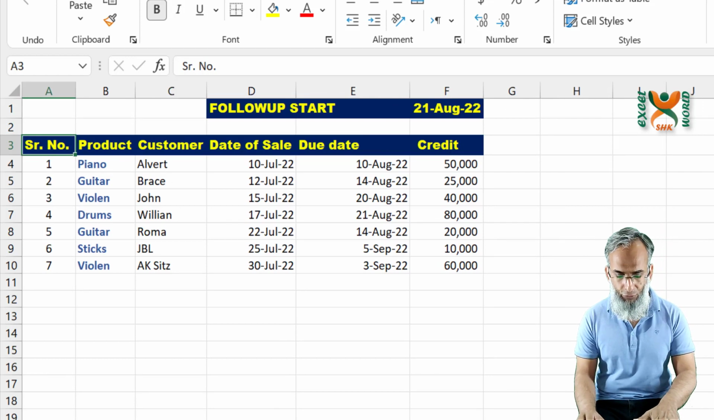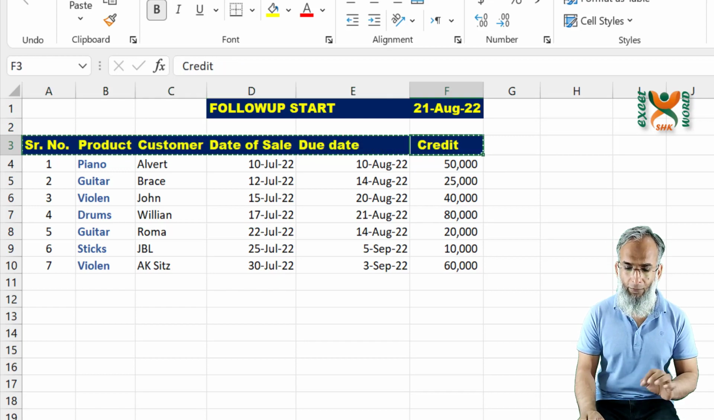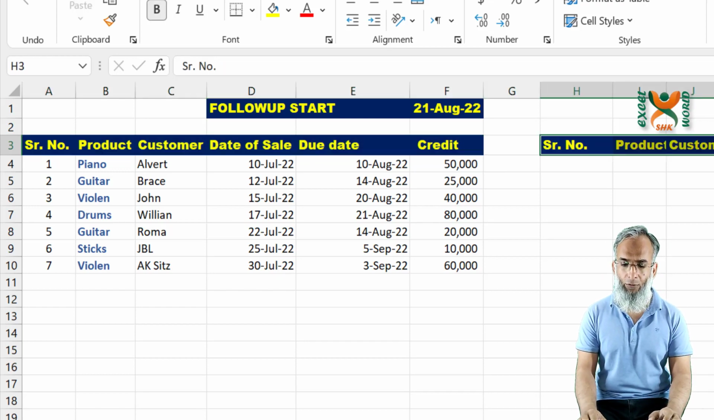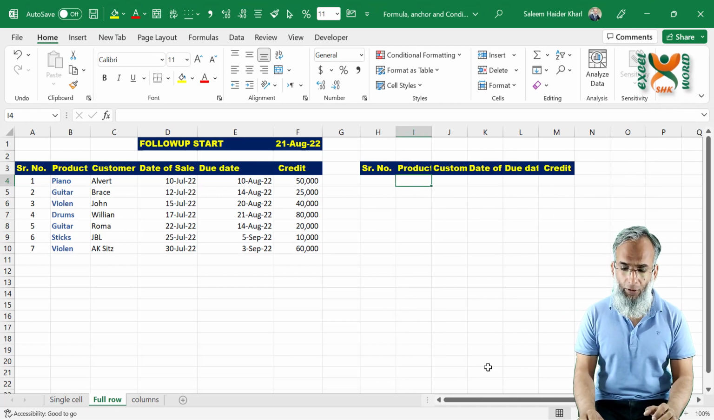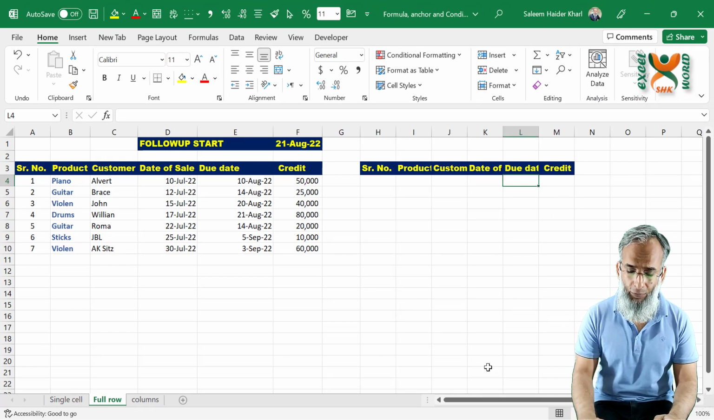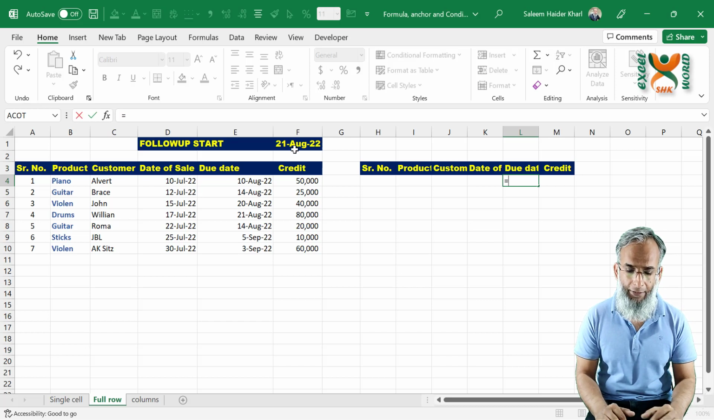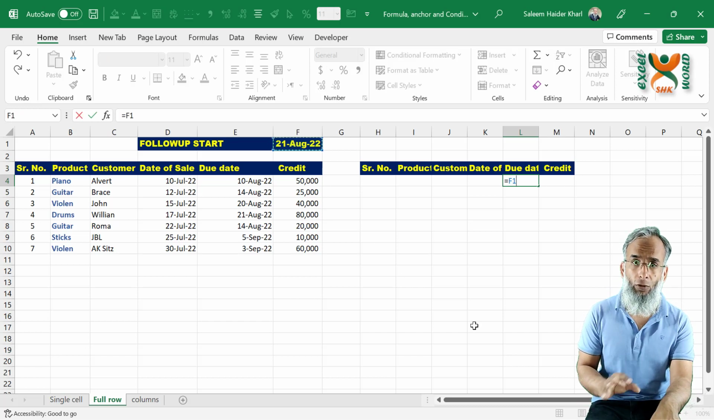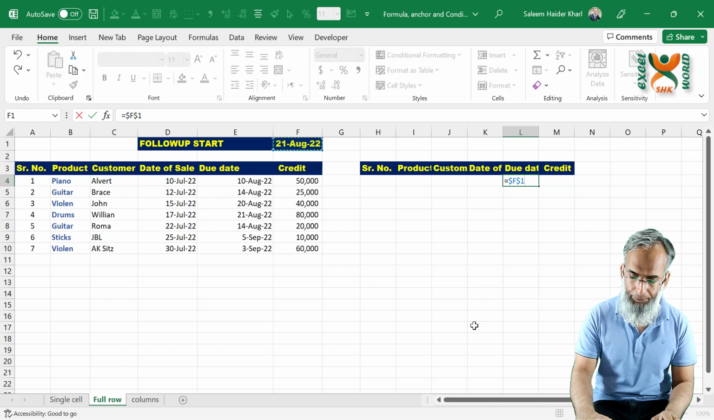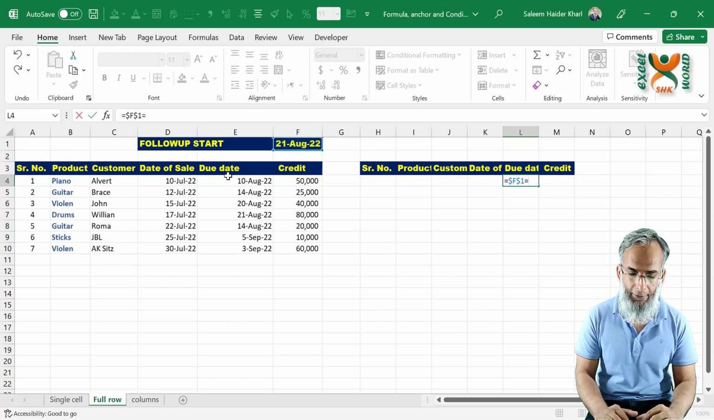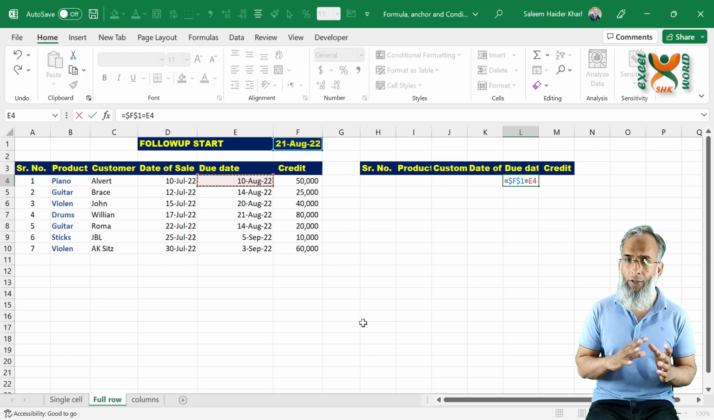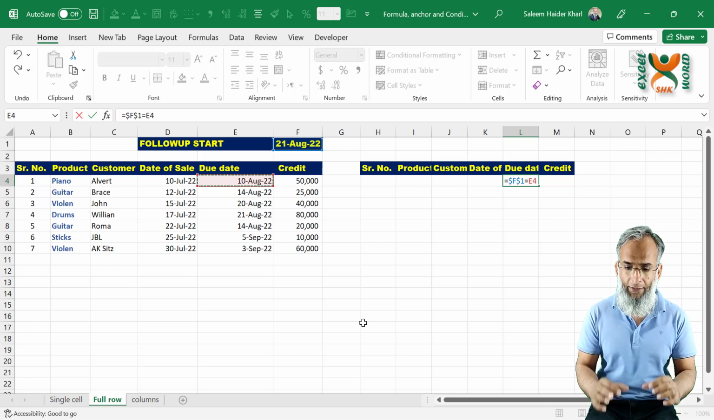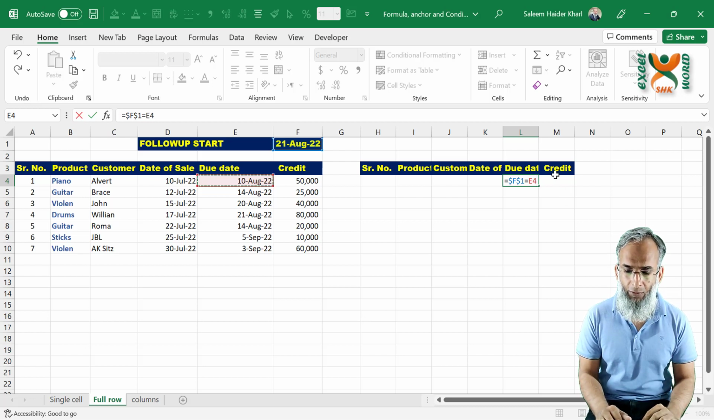For that, I'm going to copy all of the headings of the table onto another location, just adjacent to it. So let us go to the due date column. We are going to write here the formula: equal to the follow-up date. It is going to be the same for all of the cells. So press F4, equal to this date. So if we copy this formula to different cells within this table, here it will become